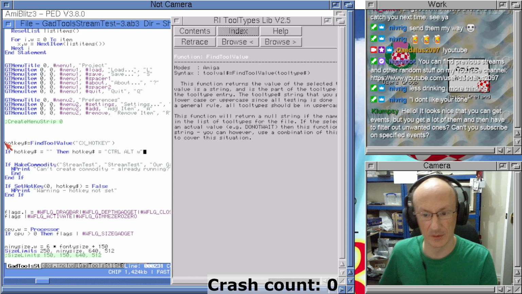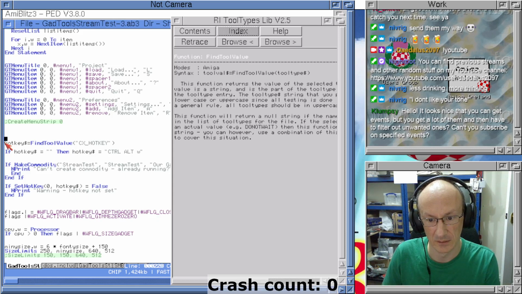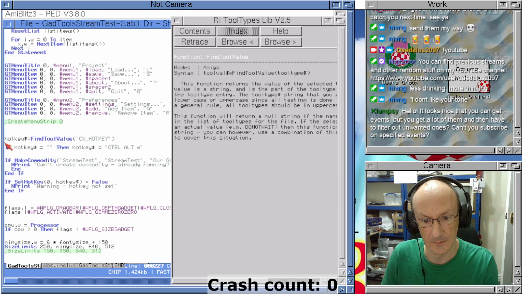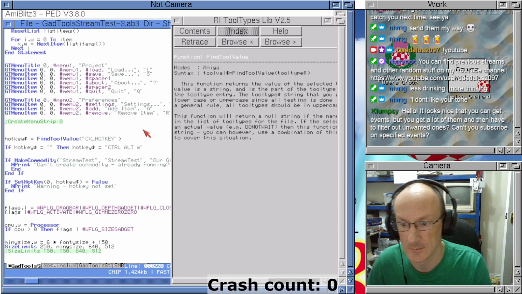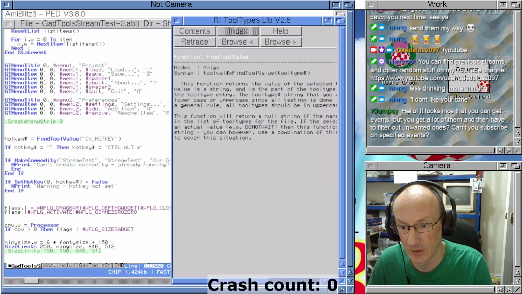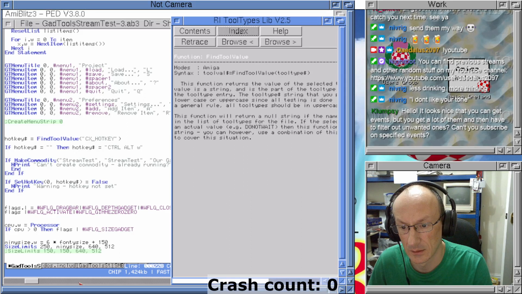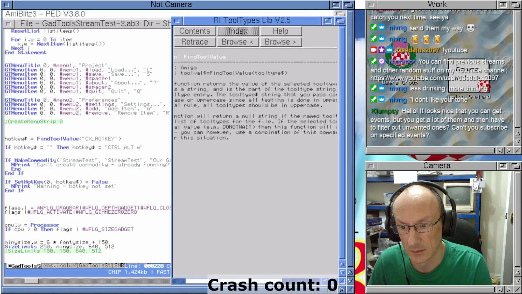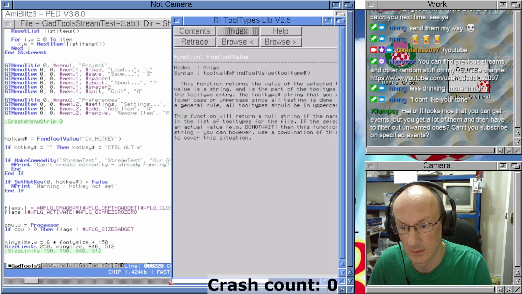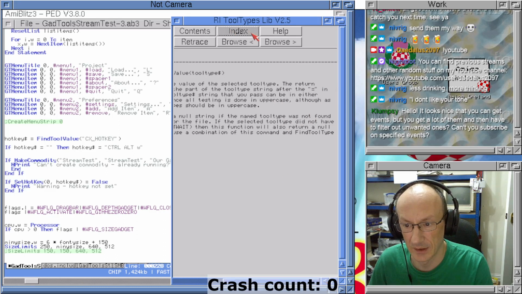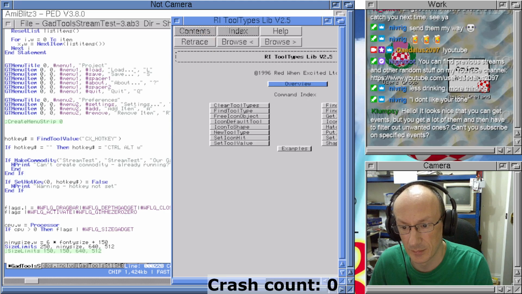So Control Alt W. So that's basically if a hotkey isn't set, if there's no tool type that has that. Yes, because it'll return a null. Okay, yeah, so that's fine. That looks to be okay, but